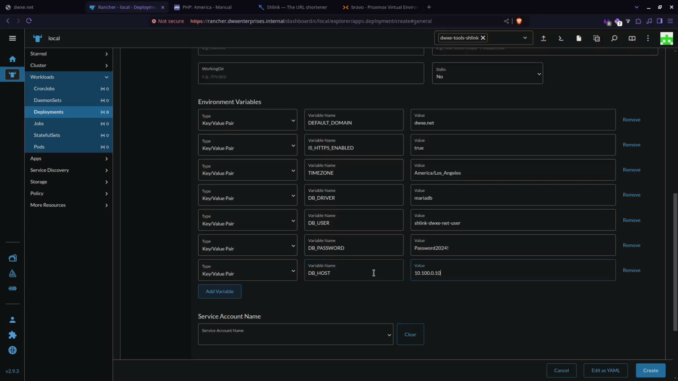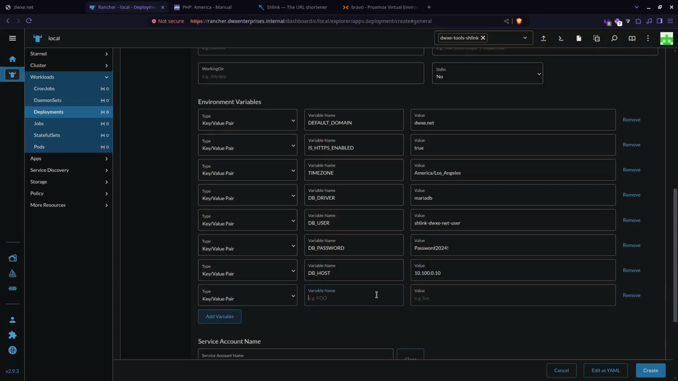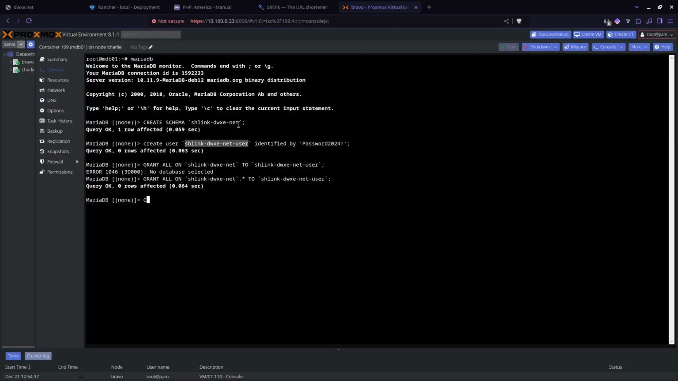And then optionally, because I have multiple different schemas in mind, I'm going to specify a specific schema I want SHLink to use. Otherwise, by default, it will go over to just SHLink and nothing more. So if the user doesn't have the permissions to create schemas, it may have issues. If there's a schema already created called SHLink, that also may have issues if it doesn't have the permissions. So hence why I'm specifying a specific name, because we created a schema just for that earlier. So that one will be DB_NAME, and then the schema we made earlier, which is right here,